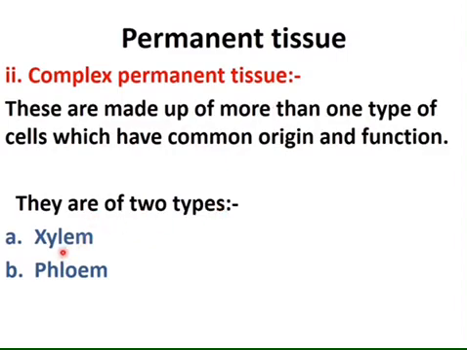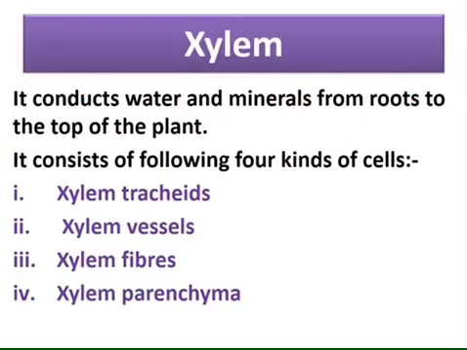I think now you are able to write the differences between simple permanent tissue and complex permanent tissue. So now let's see what is xylem. It is the first type of complex permanent tissue, and it conducts water, meaning its function is to transport water and minerals in plants from roots to the top of the plants, because plants take water and minerals from soil. So they absorb the water and minerals from soil through roots,